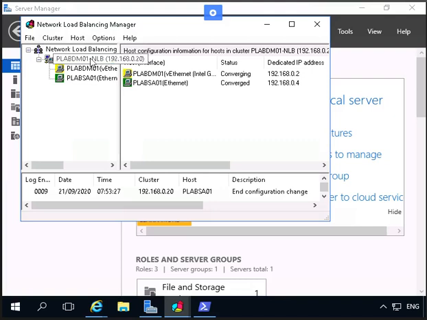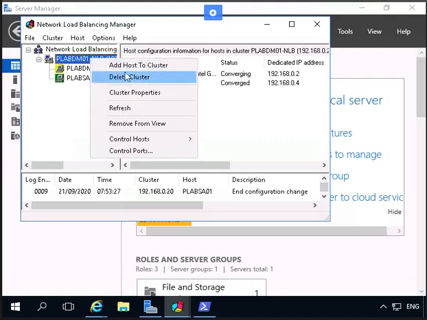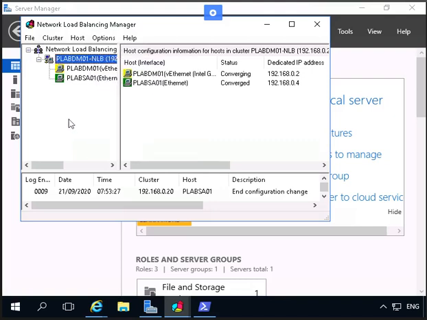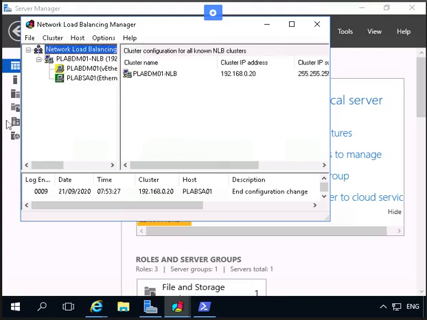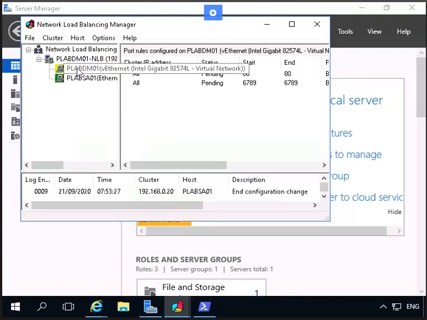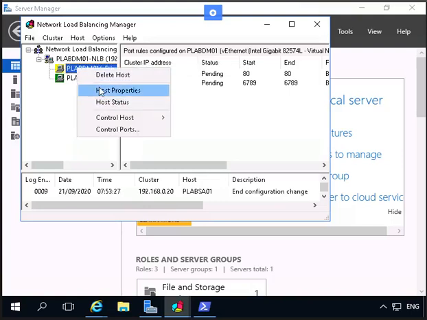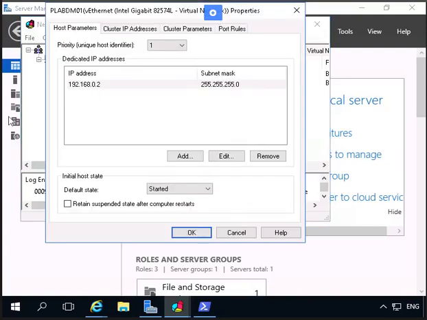So we can now see the host property. Okay, host property. So the host property,